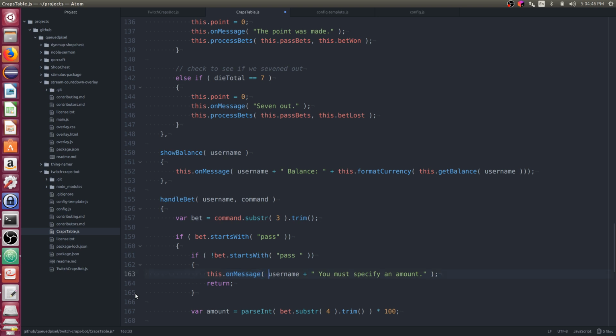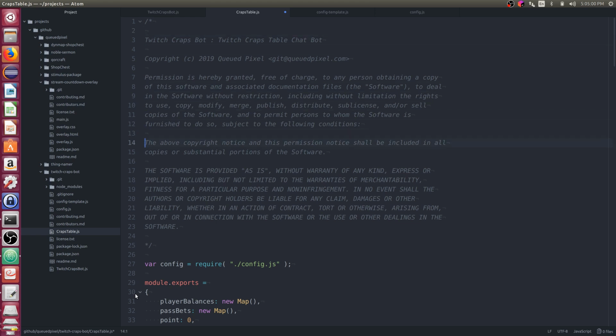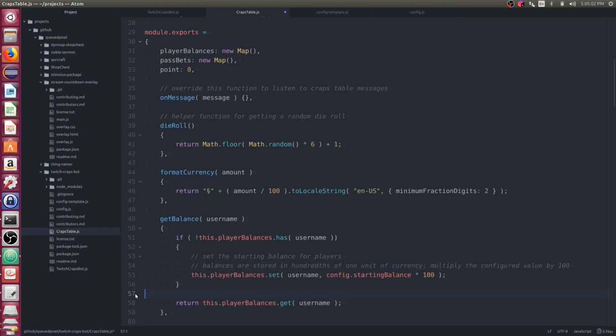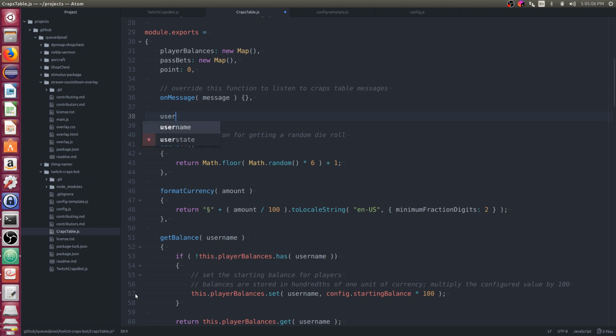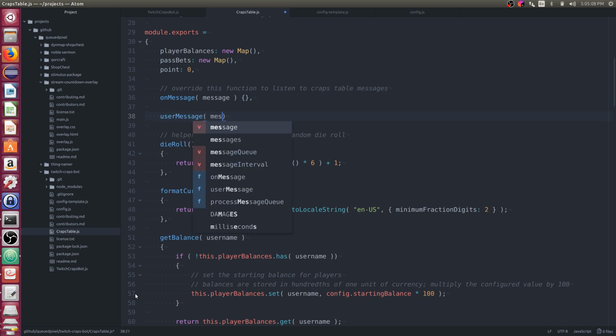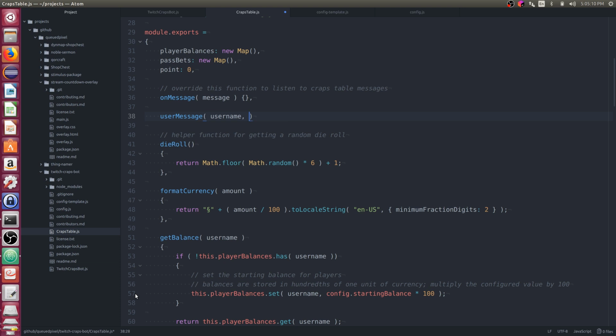So here we have, you must specify an amount. So let's say, in fact, I'm just realizing I'm doing so many user messages here. Let's just create a function for this to simplify this. So let's say, we'll say user message, username message.